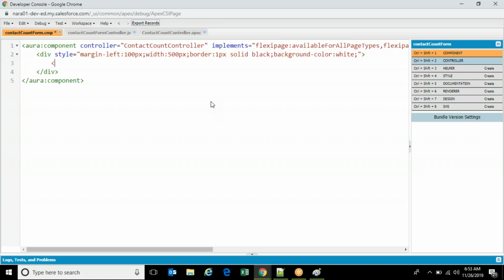So I want to display some message in one color, let's say in green color. With the text in green color I want to display the number of contacts